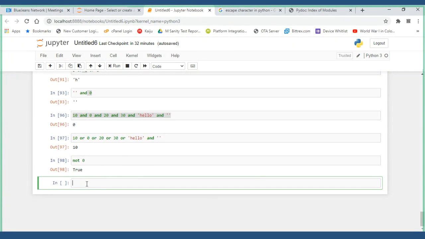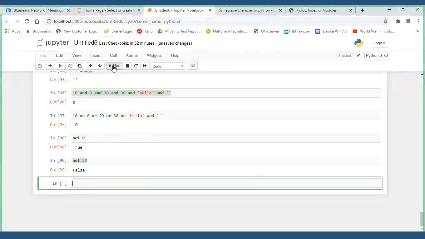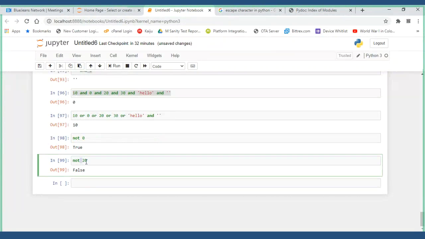If I have not 20, 20 is true, and the opposite of true is false. So you got false. Only this one returns a Boolean instead of a value. Remember that: the not logical operator will return you this.